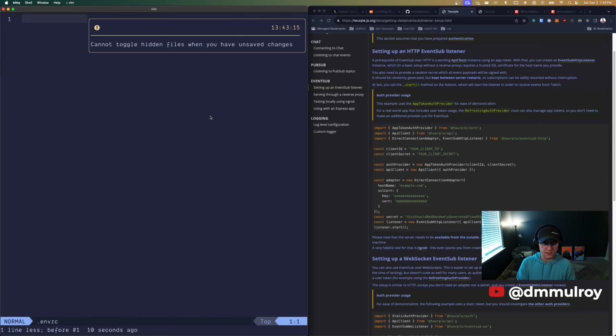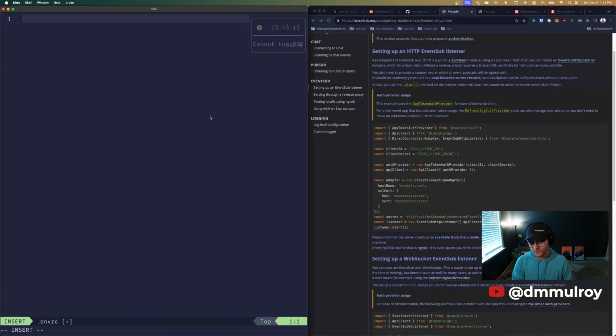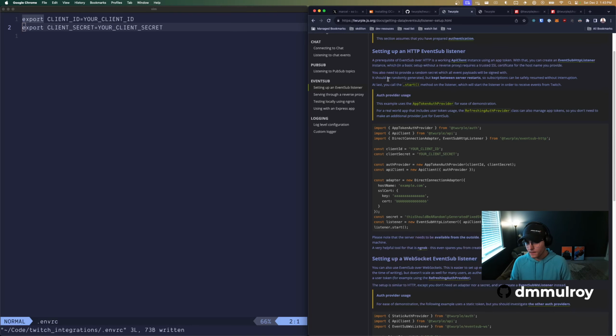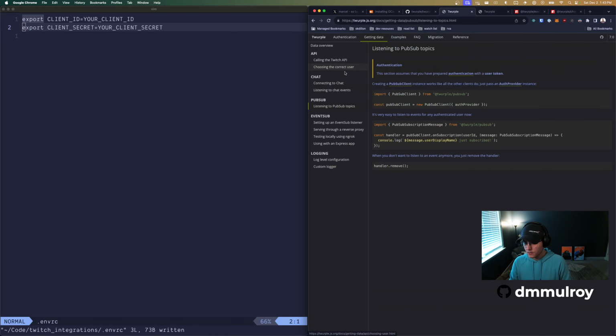So we have an .mrc. So in here, let's say export client ID, your client ID, and then we'll say export client secret, and then we'll have potentially another secret for the PubSub. I'm not sure if we're going to want that, because what do we need to do? We need to listen for a point redemption, and then we need to check if the point redemption will be used by